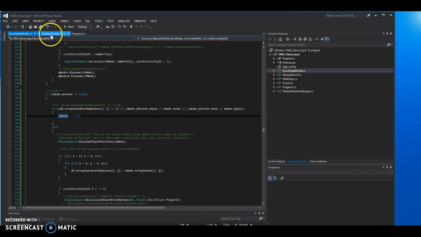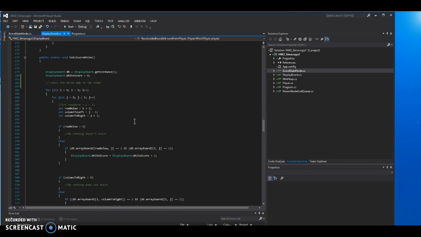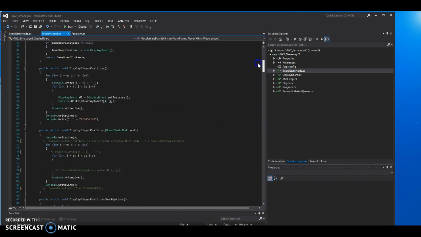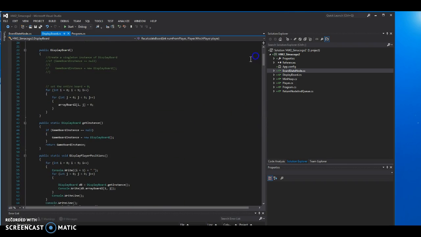As far as the game board goes, my display board class, the display board itself is just a 2-dimensional array, rows and columns. I do 1s for white, 2s for black. As far as modeling moves,